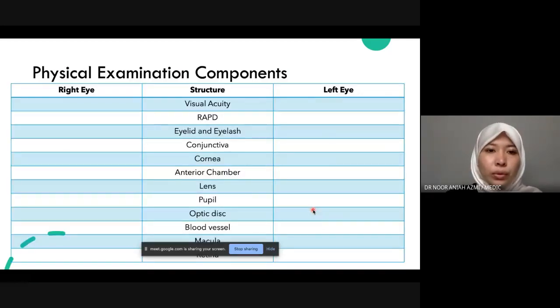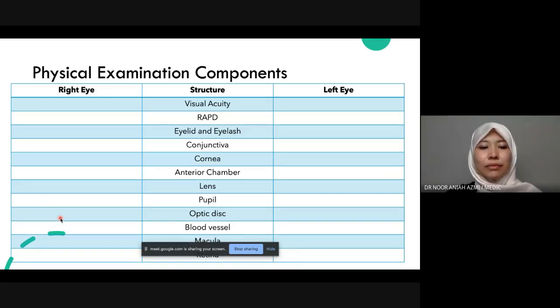Okay. So by the end of this, these are the components that you are supposed to fill in. You have to take the visual acuity. We'll go into that during the special test. You need to check the RATD. So why I put the right eye and the left eye. So for example, the visual acuity here, you write 6/6, RATD, no RATD, normal. Conjunctiva is white. The cornea is clear. AC is deep and quiet. The lens is cataractous. The pupil is round, reactive, optic disc,